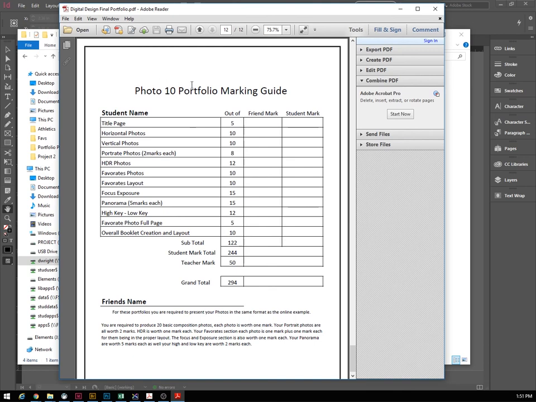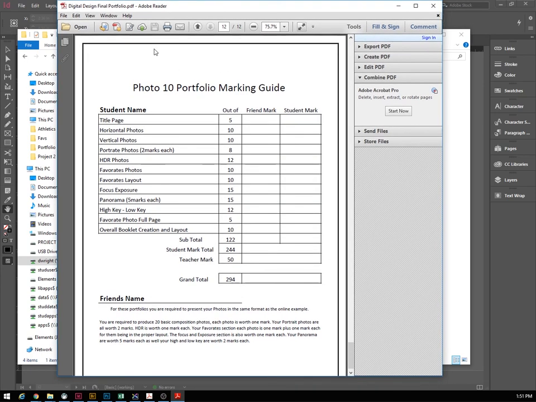Part 3. Hope you enjoy this video. Super simple how to print a booklet in Adobe Reader. It works really good. We could print it directly out of InDesign, but at our school it works the best to print from PDF. We just have less issues with the